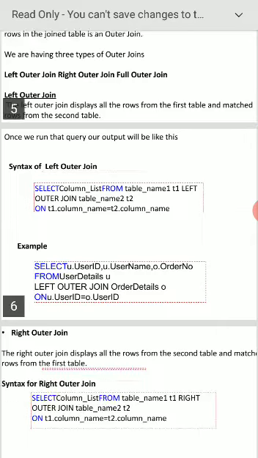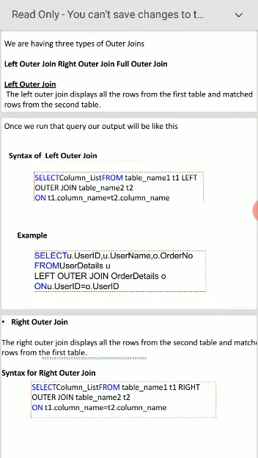Now next we'll pass on to right outer join. Here, opposite of left outer join, it displays all the rows from the second table and the matched details from the first table.